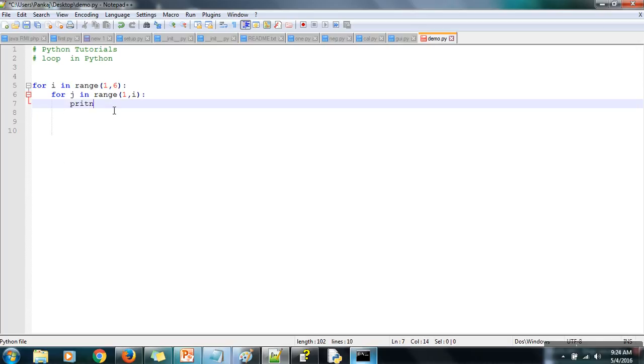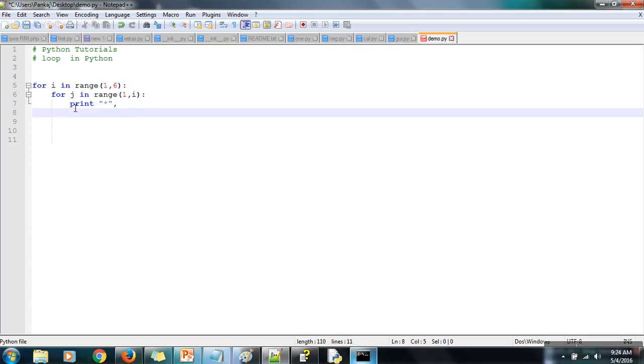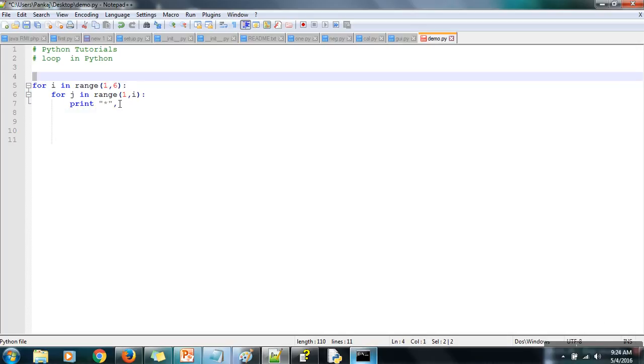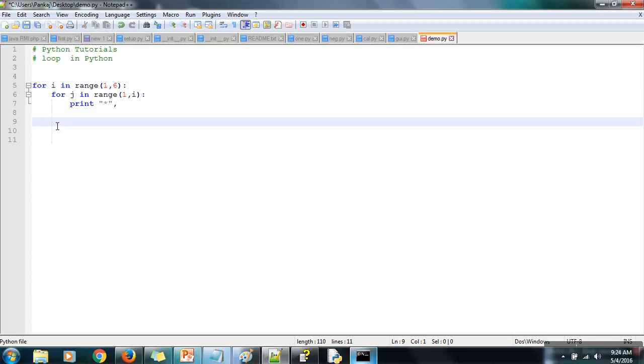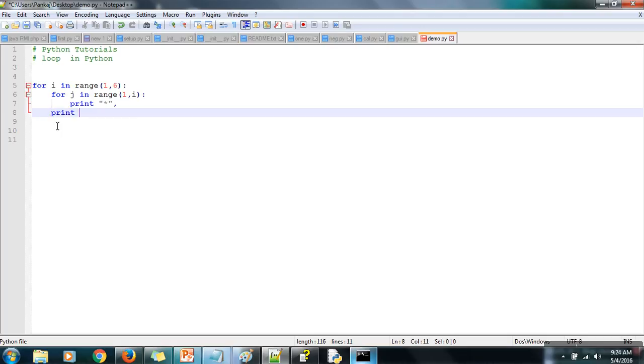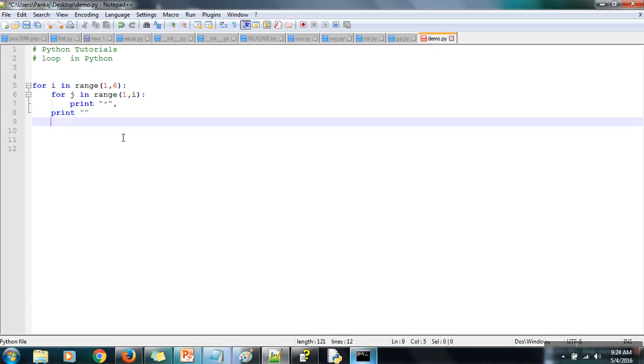Now here we will print a star, and we want to print the next star after this one, so just specify a comma. If you want to print anything on the same line, you need to give this comma after that output. Here the body of this inner for loop is over. Now we are going to write something in the outer loop body. Here we will write one new line statement. This print actually prints a new line. Now if you run this program,